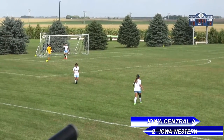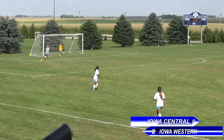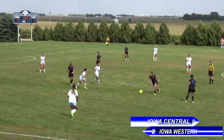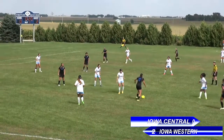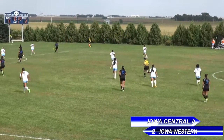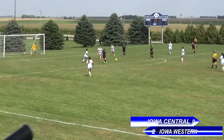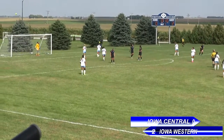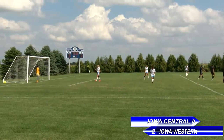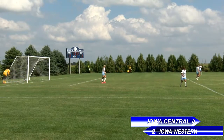Woodcock back to take the goal kick. Probably be the last little midfield flurry here. Wouldn't expect either team to get another shot at goal before this ends. First half coming to a close now, with Iowa Western taking advantage of its chances 2-0, and they might have another chance here. I'm going to have to eat my words. Gets it through the middle, chipped up and over the keeper, and that should be the last touch of the half. Clock ticks down 5, 4, 3, 2, 1, and both teams